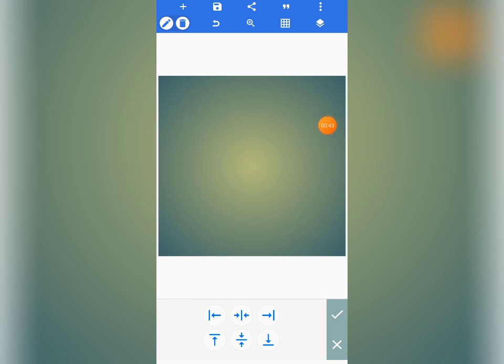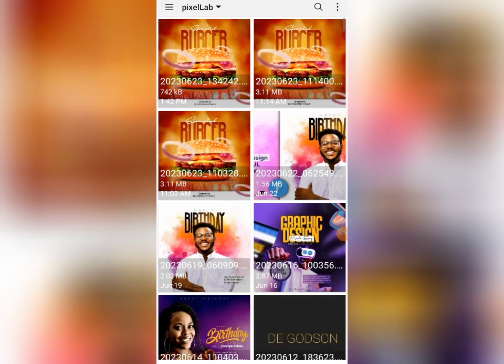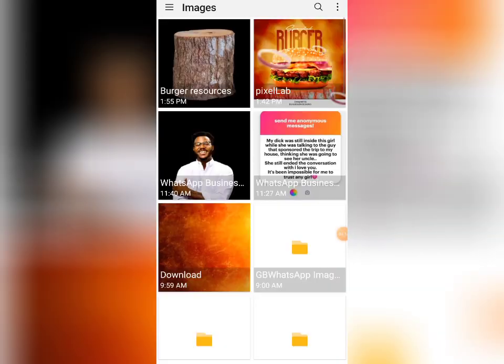So this is the interface of Pixelab. This is the home page, right? So let me tap on this check mark. What we are going to do is start working on our background. So we will come to this tool here, this particular one. Then we tap on it. We've come to From Gallery. Anytime you want to upload an image from your gallery as a background, just come to From Gallery. Tap here, come to From Gallery. So let's tap and let's select